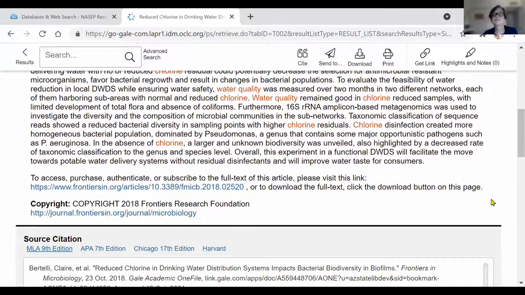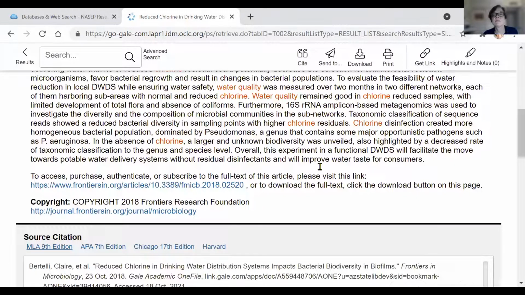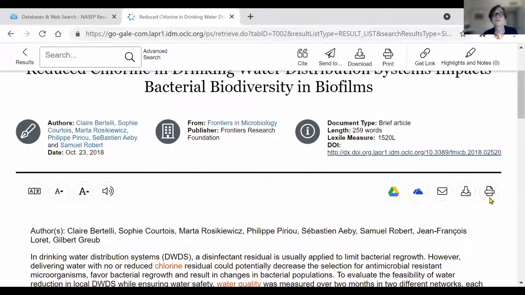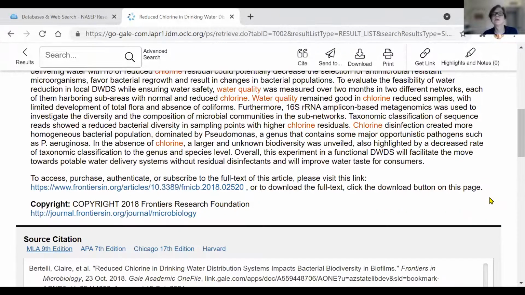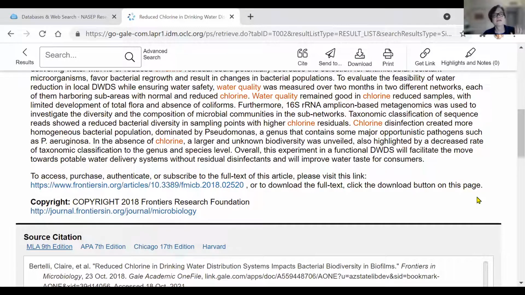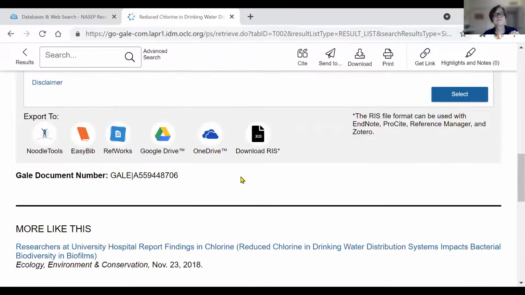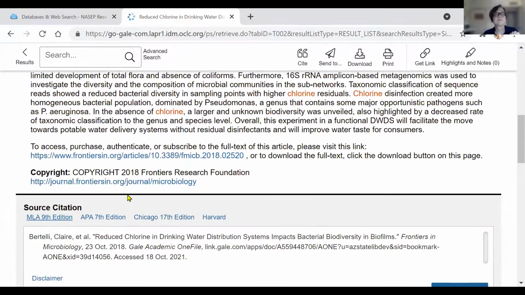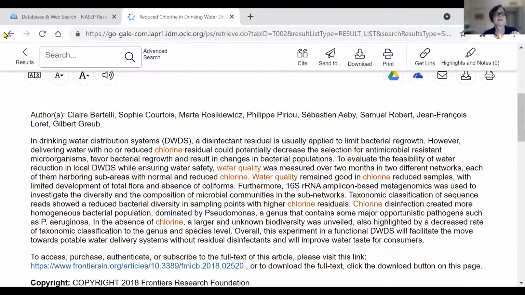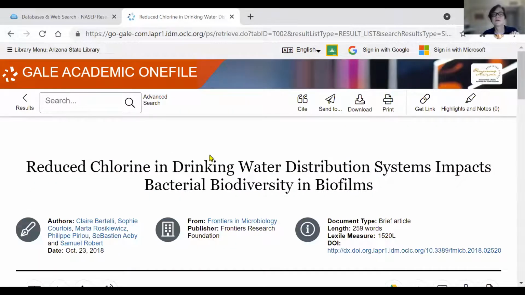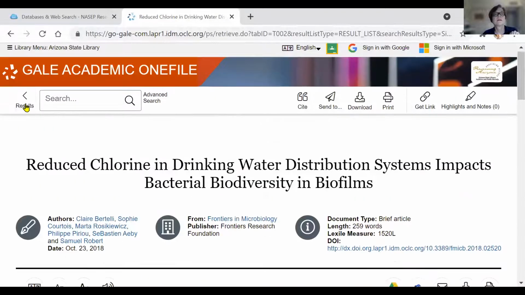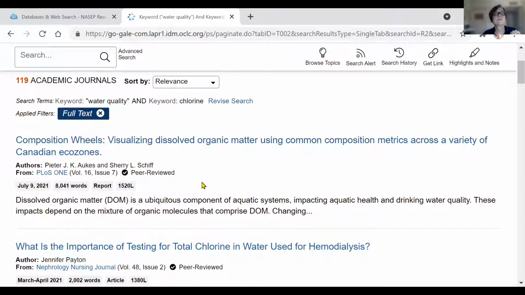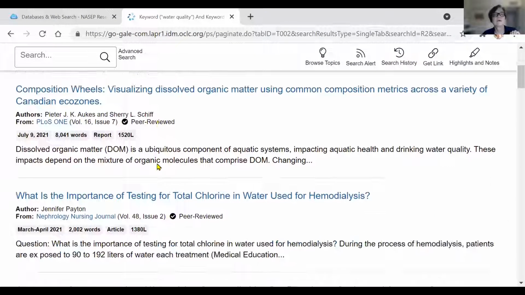Okay, so this is looking at different levels of chlorine and water quality and what kind of an impact that makes. Just for example, say that this was an article that was, let's see here. Just trying to find one that would be better. Let's see. So